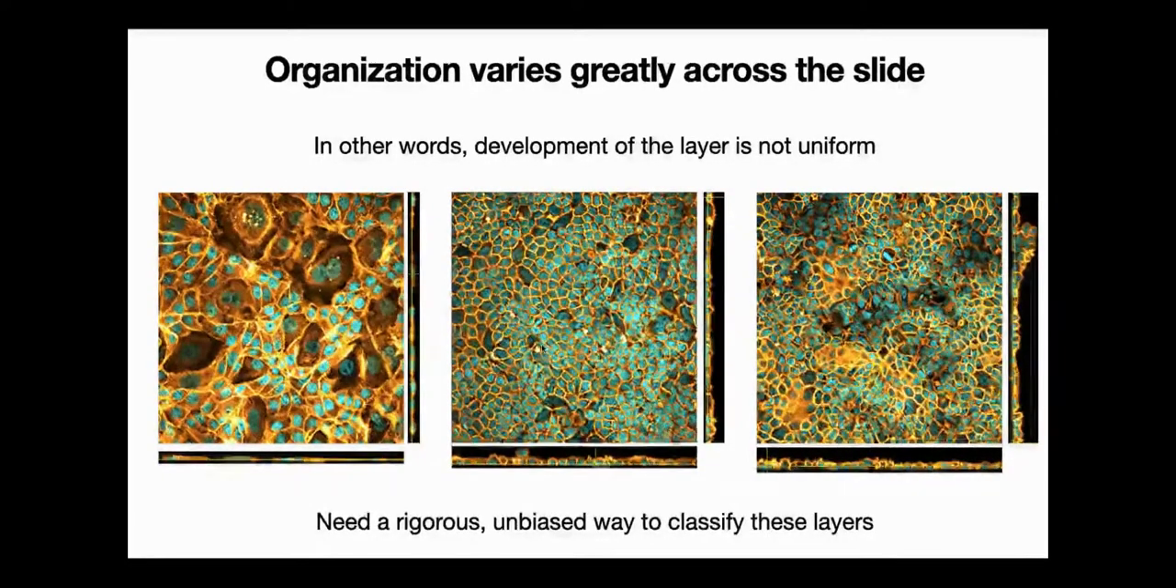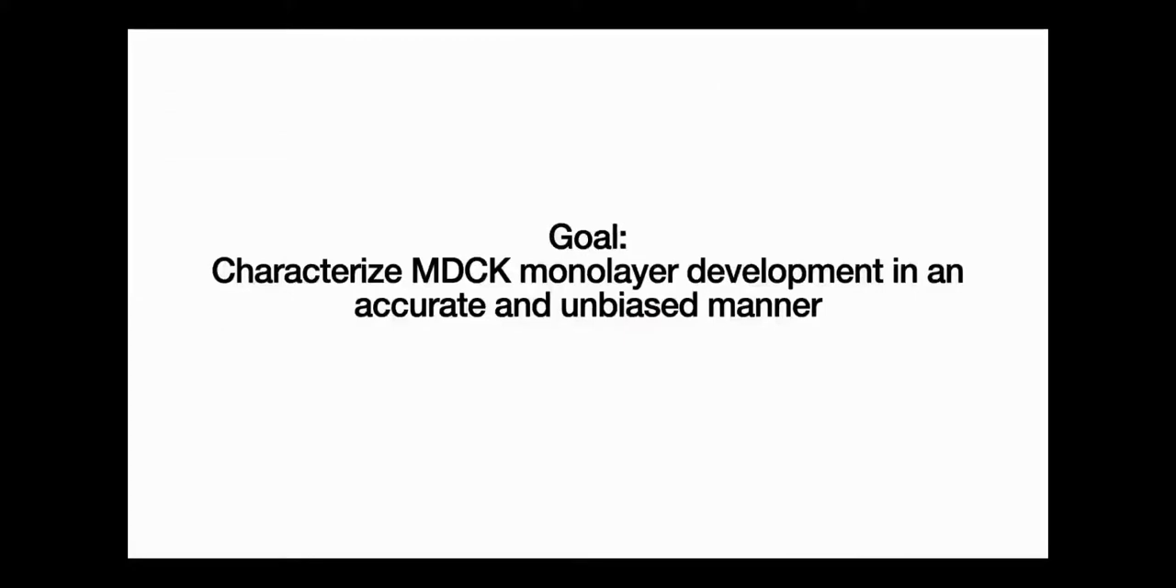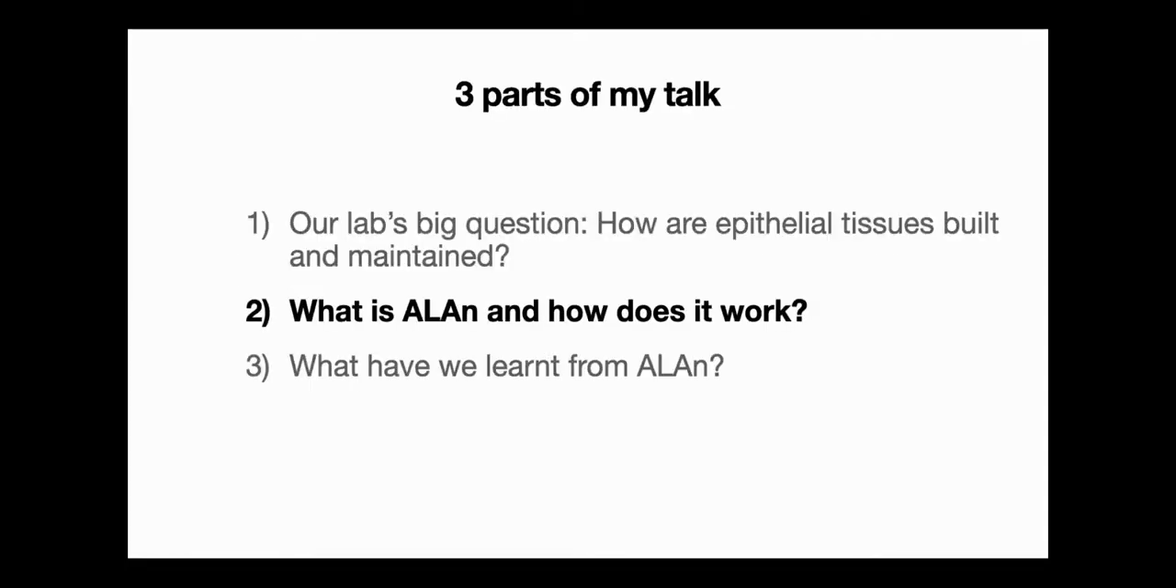We see nice areas like the example I just showed you, and we can also see areas where it looks quite disorganized. So this implies that the development of the layer isn't uniform across the slide. And so we need a way to classify these layers in an unbiased and consistent manner. And that's where our goal comes in. The whole point of this project is to be able to characterize MDCK monolayer development in an accurate and unbiased manner. And that brings me to part 2 of my talk, which is what is our tool and